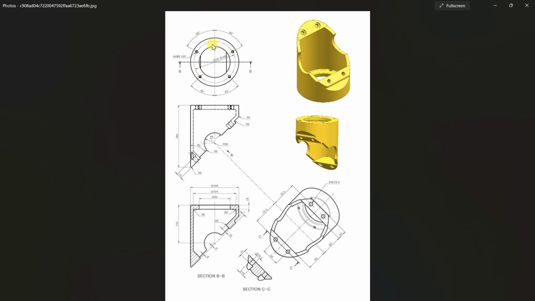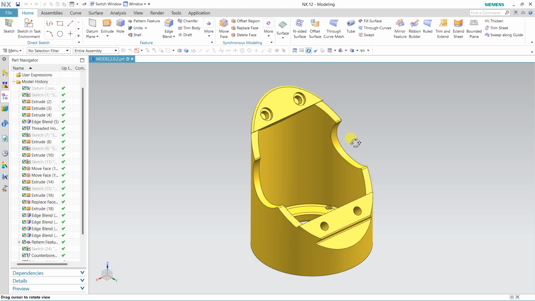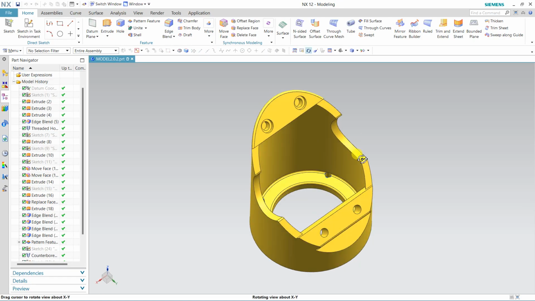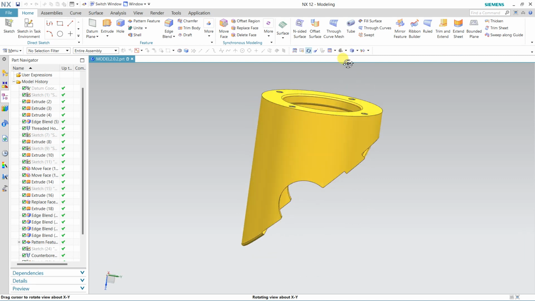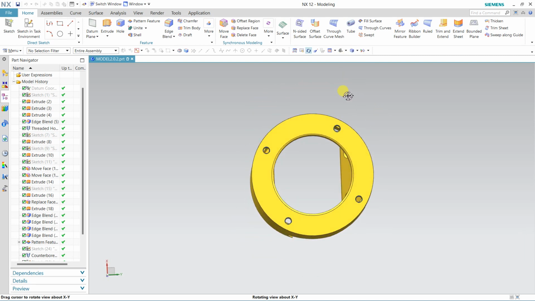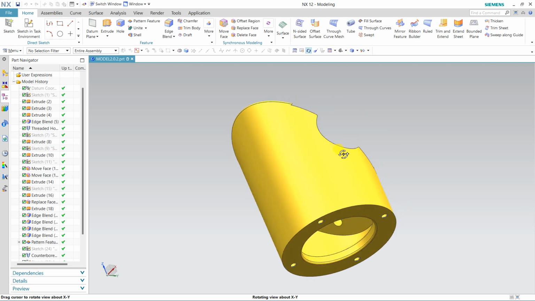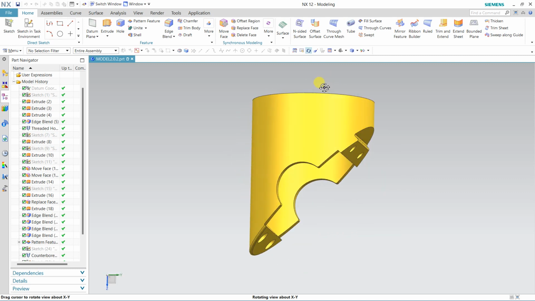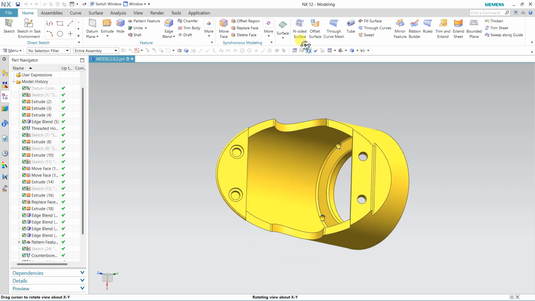So this is my top view according to all the orthographic views. I will start from this top view, and I'm going to create 1, 2, and one more, 3. The third is a 124 diameter circle. So all three circles I am going to create, and then we will see. Okay, this is the 3D model. You see, this is the top view as per the drawing. Okay, and front view is this, and auxiliary view is this.